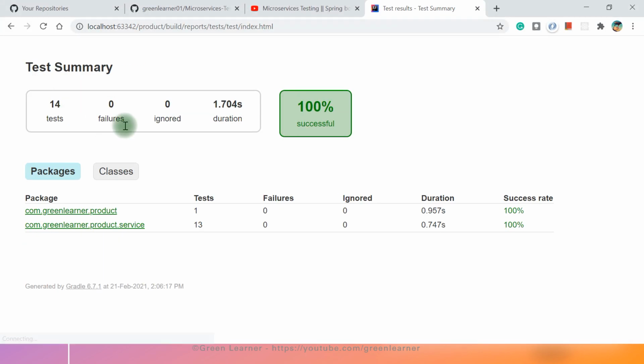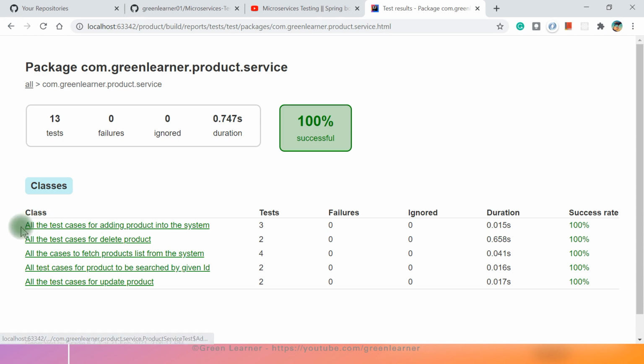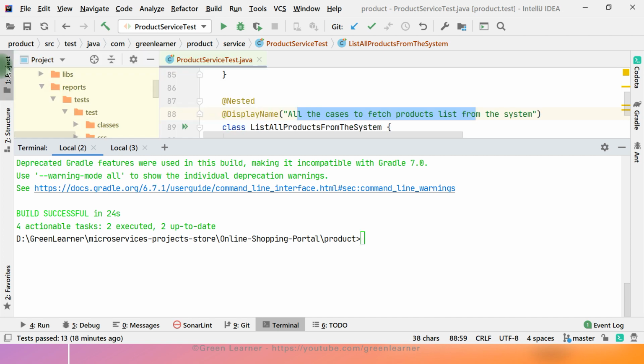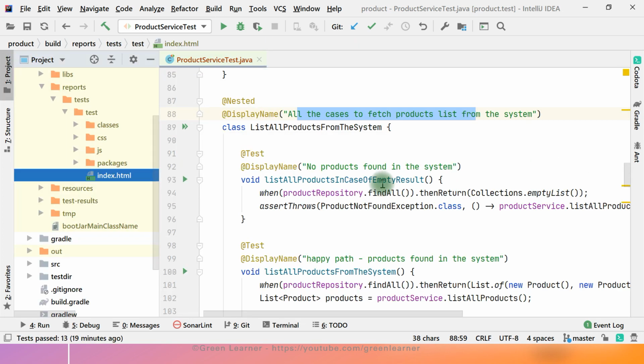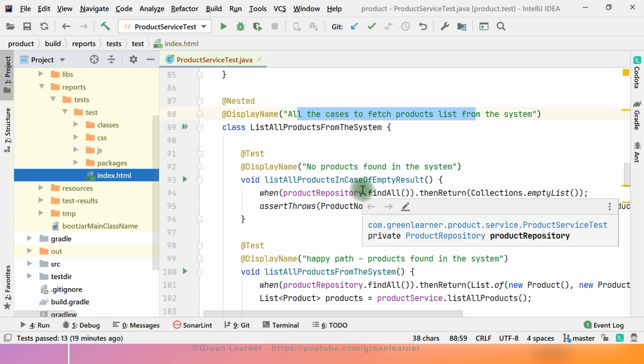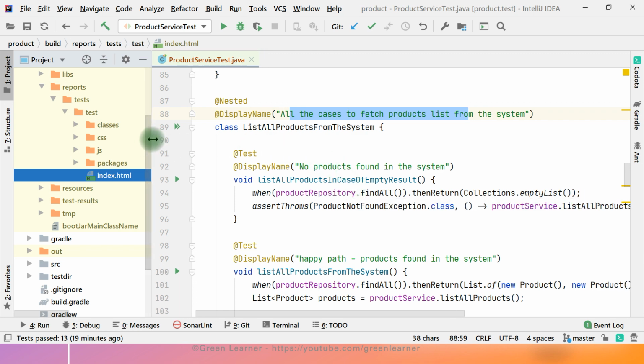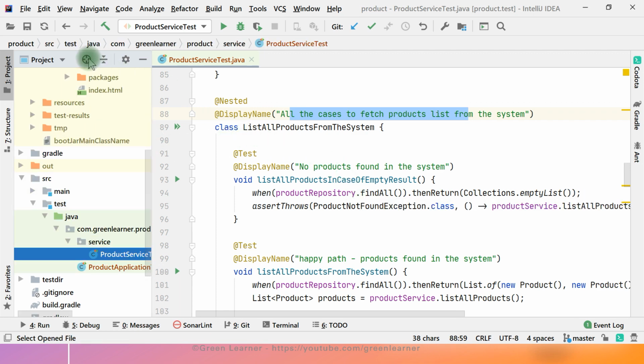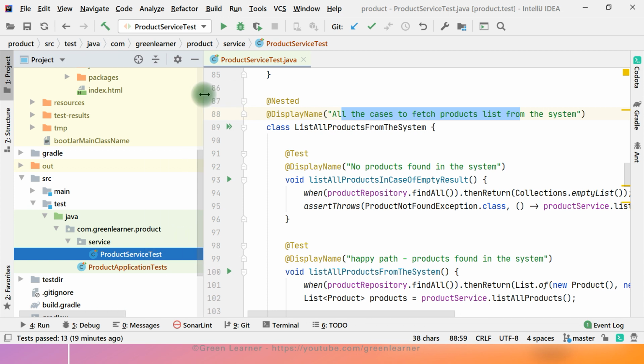Come to the section all here. Now you see product service, and under this you are seeing this properly. You have this single class here. I'm just focusing on, not forcing, again and again I am trying to make sure that this is important in real-time applications. When you are writing a service, it makes very much sense. You have this product service test only. For the developer, it makes sense that all the test cases for the product service are written in a single class.